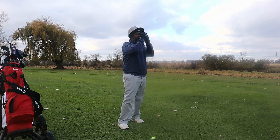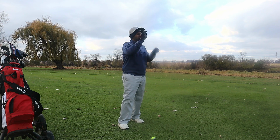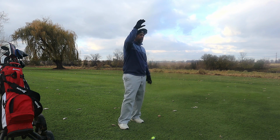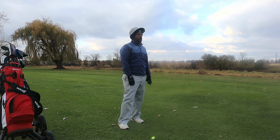So we got a little right to left wind. We're 202 from that pin. Not really sure where it is on the green. There's a bunker well right. It's about 160 to carry that bunker. So I think even if you go right a little bit, it'll hit that slope and maybe kick back left. But 200 yards,